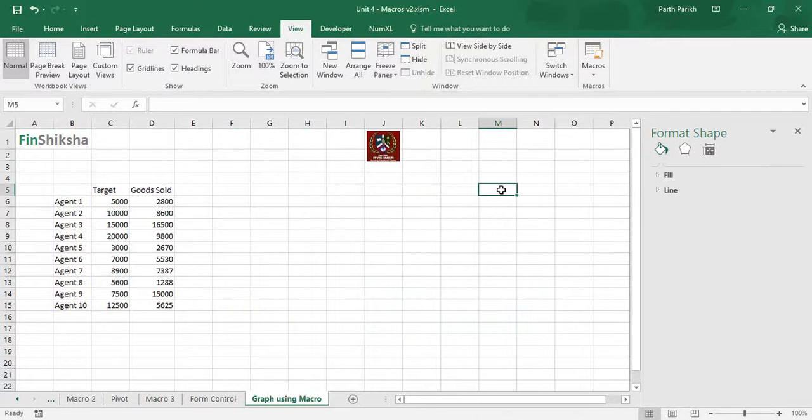This is highly used in the industry, because in the industry not everyone knows the coding, but you should be in a position to decipher what that particular code says. Okay, so that's the basic contour of what we are learning in this particular unit, which is macros. All right, we'll see more examples in the coming videos as well.